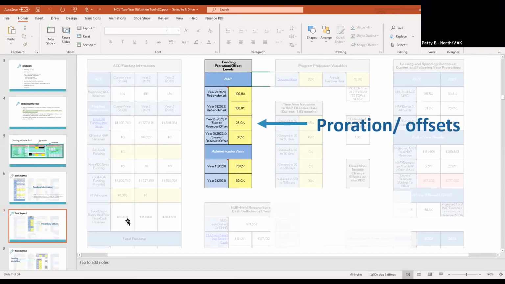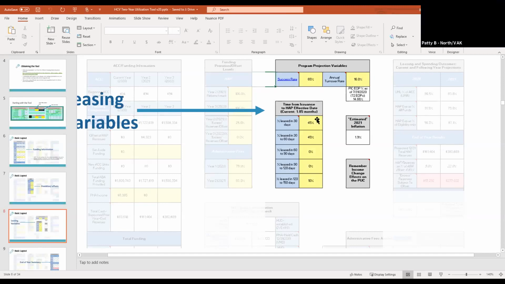These are funding proration offset levels. Re-benchmarking, they're figured at 100% proration, and that would be for the next year. And then your 25% here is what your offset could be if you have any reserves that are subject to offset. And we'll go to that too. So the basic layout again,